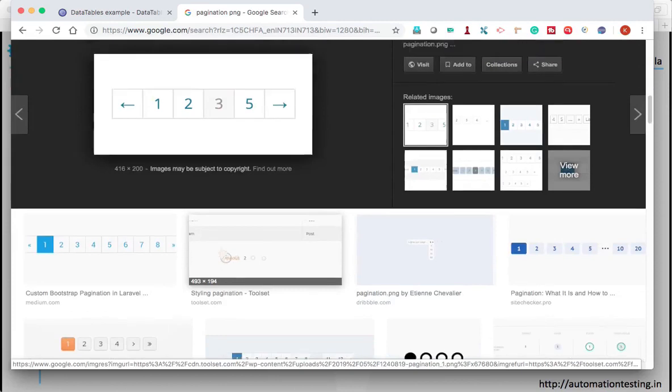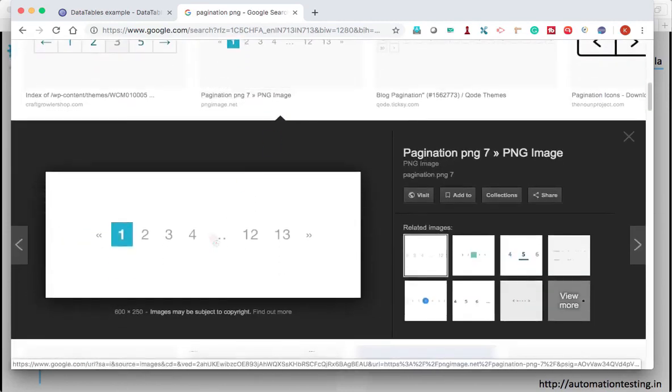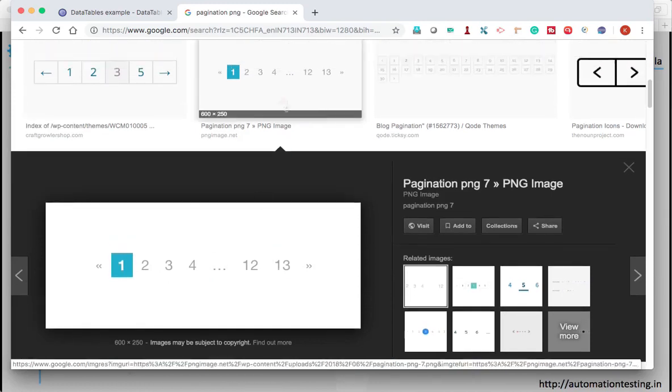But when you have something like this, you don't know how many pages are there, and it displays only some of the pages. When you keep clicking, it shows the remaining pages. So the for loop will fail in this kind of scenario. For that, we need to use one very unique logic that works with any kind of pagination. That we will see in this video.